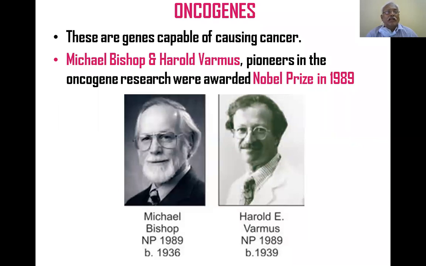2 people, Michael Bishop and Harold Varmus. These are the 2 people. Michael Bishop is an old man born in 1936, and after 3 years, Harold Varmus was born. Both of them are still living. They shared the Nobel Prize in 1989, and this Harold Varmus is a youngster who gave a lot of impetus